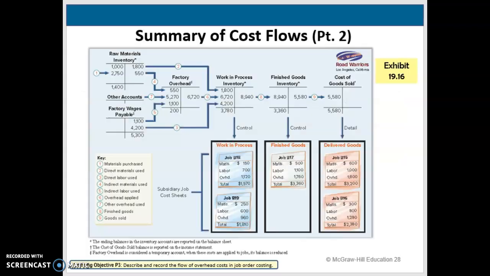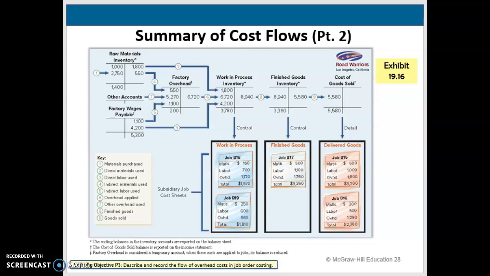When we look at another summary here, we can see that the upper part of this shows the flow of Road Warrior's product cost through general ledger accounts. So we see the arrows that are numbered to show the flow of costs for March. Each numbered cost flow shows our journal entries that were made during the month. The lower part shows the summarized job,